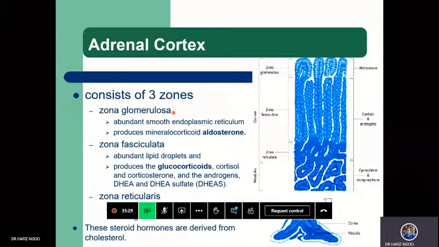Okay, so we basically divide them into three zones: aldosterone in the glomerulosa, which is the first layer of the cortex. Then the middle layer, the fasciculata, which is usually much bigger, and you probably will know that this is mainly to produce a lot of cortisol. Okay, and then you have the androgen produced at the reticularis. Then down here you have the medulla, basically to produce epinephrine and some norepinephrine. Okay, so all these are steroid hormones produced in the